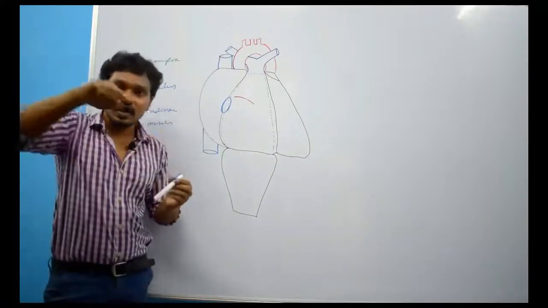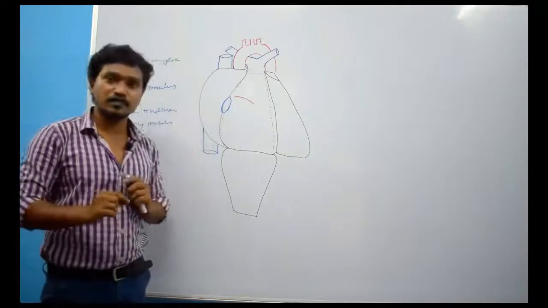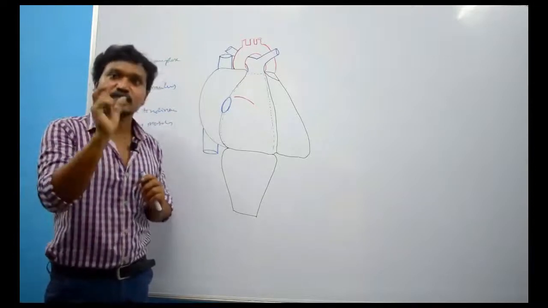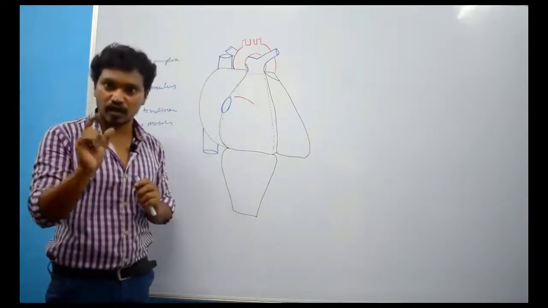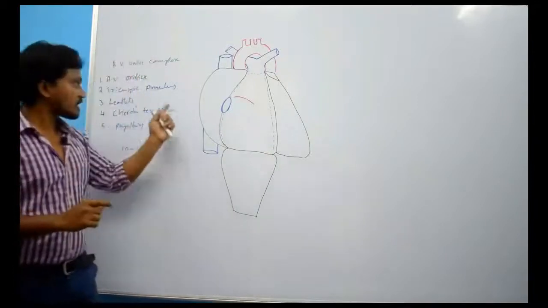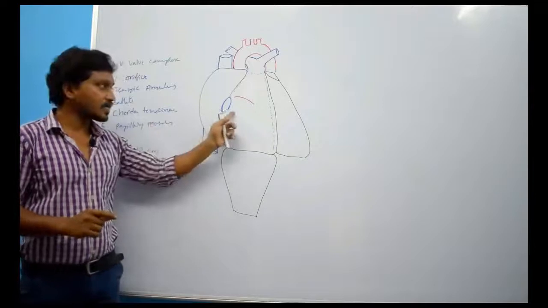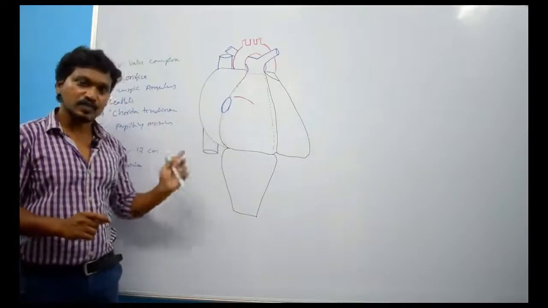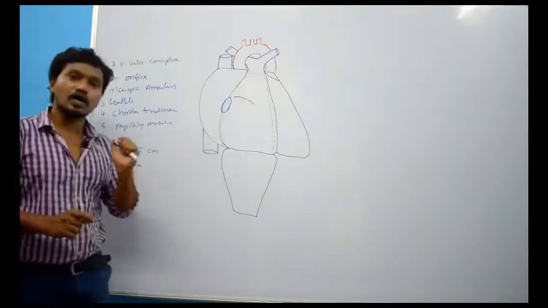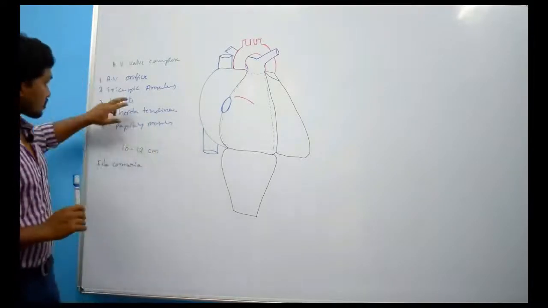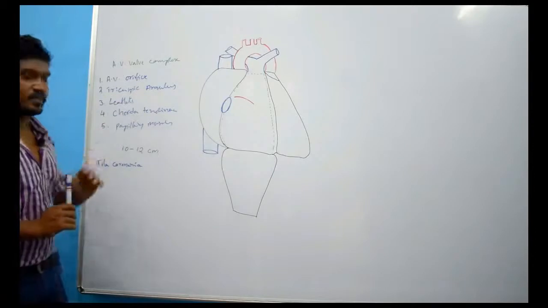Along the margins of the atrioventricular orifice, there will be attachment of one fibrous ring. That fibrous ring is made up of collagen tissue. That ring is what we call the annulus, which contains an anterior rim and a posterior rim. These rims are what we call fila coronaria. Clear? Then the next one is leaflets.